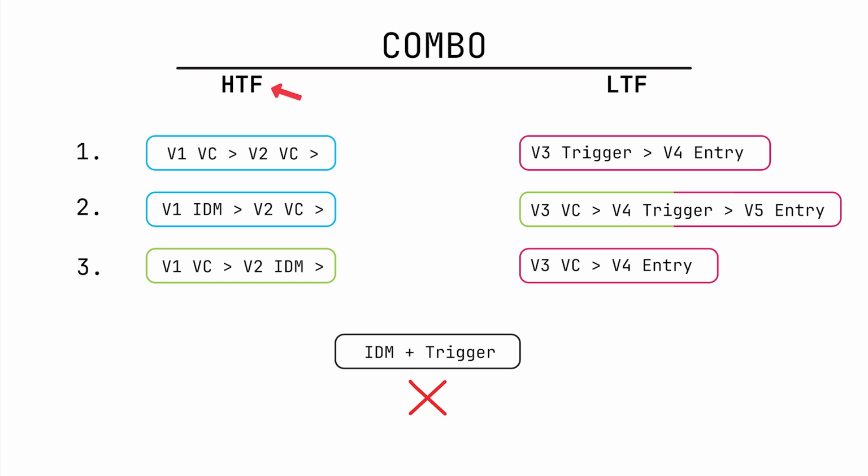The first part is the high time frame, HTF, where there are always just two variables. For intraday trading, these variables are most commonly found on timeframes like 1 day and 4 hours, or 4 hours and 1 hour. The second part is the low time frame, LTF, where there can be either 2 or 3 variables. Similarly, for intraday trading, these variables are often found on timeframes like 1 hour, 15 minutes and 5 minutes, very rarely 2 minutes. Every time we analyze the market, we first focus on the high time frame logical elements,